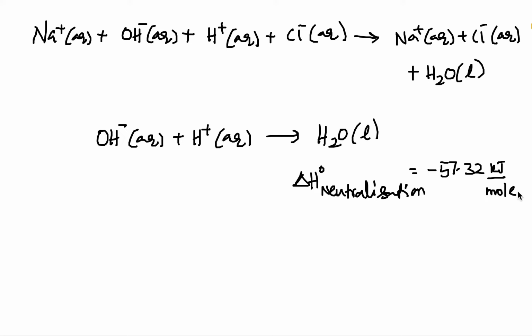Both are strong, and this is the general thing for strong acid versus strong base. In the place of HCl, we can use HNO3. In the place of NaOH, we can use KOH, etc. And what is the case when we have a weak acid versus a strong base? Do we get the same amount of heat? Let's see. I am saying this from observed values. Let's take a weak acid, that is CH3COOH